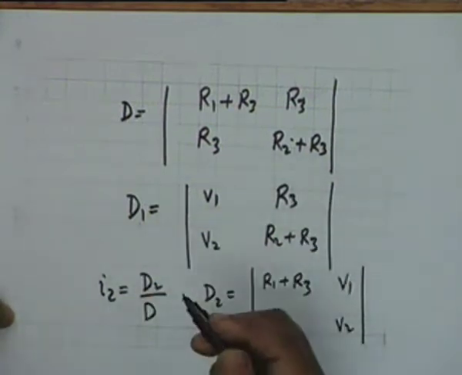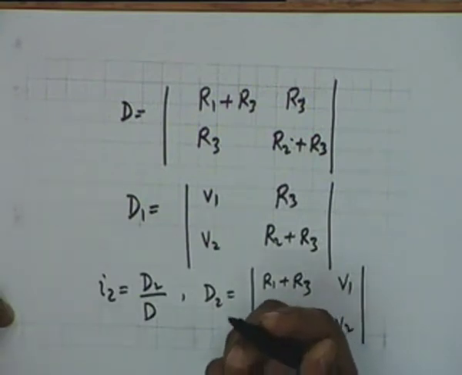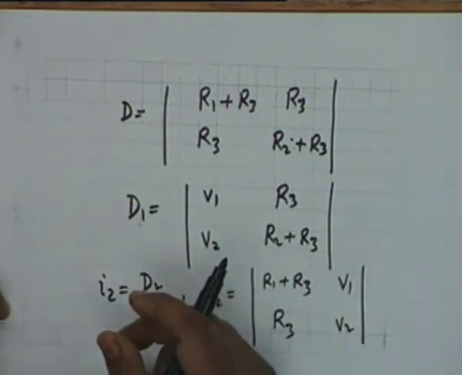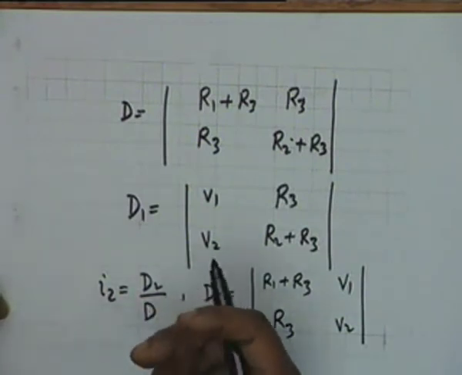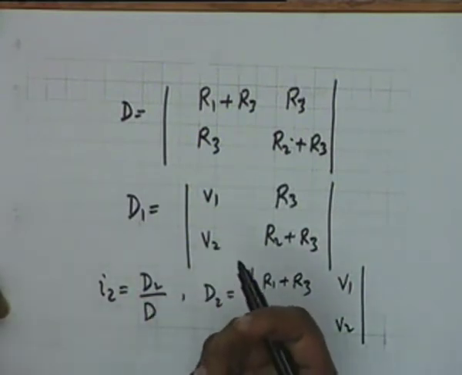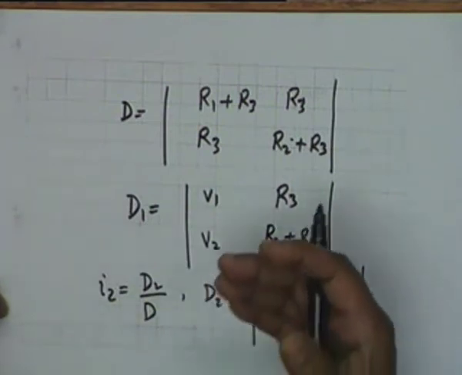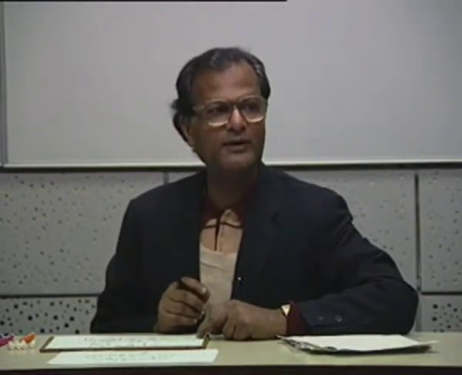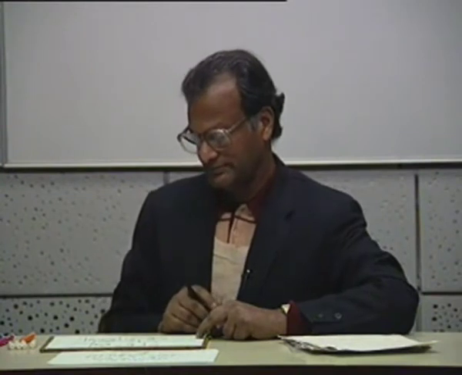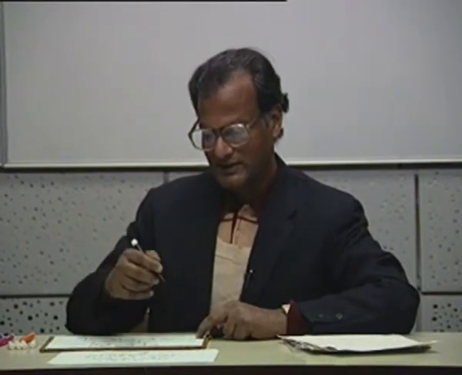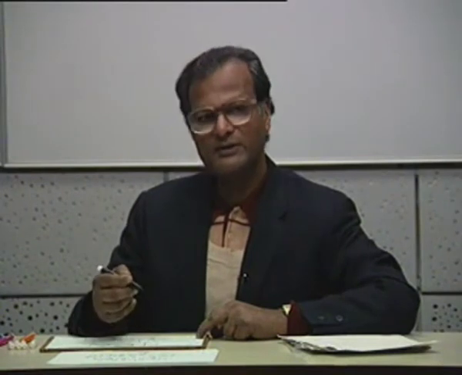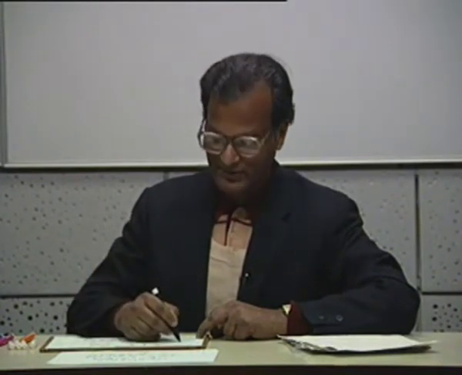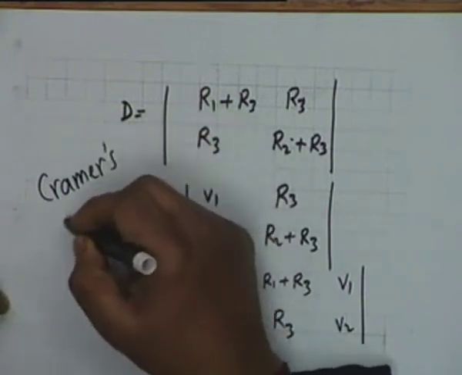This method is completely general. It is trivial in the case of a 2 by 2 matrix or a 2 loop network, but in the case of a general n loop network where n is greater than 2, it is a mechanization of solving a set of linear equations which we get by loop analysis or branch current analysis of a network. This solution is associated with the name of a gentleman by the name Cramer. So we have applied Cramer's rule.